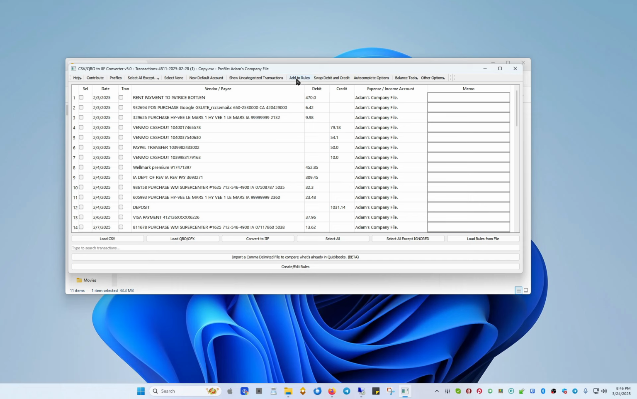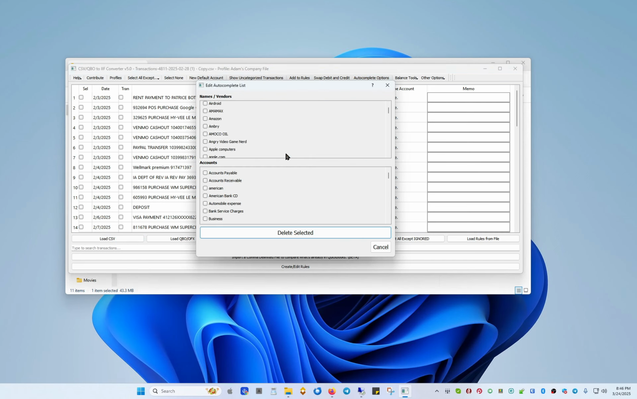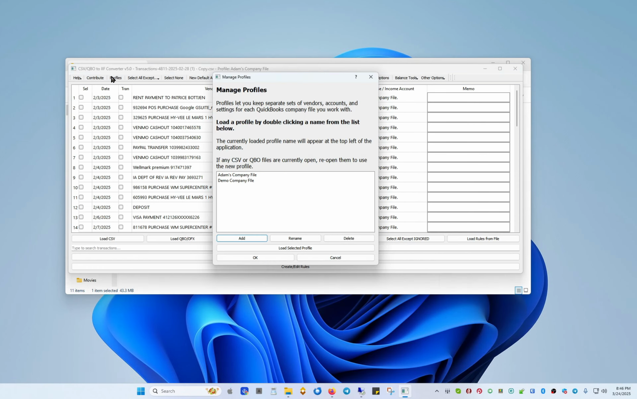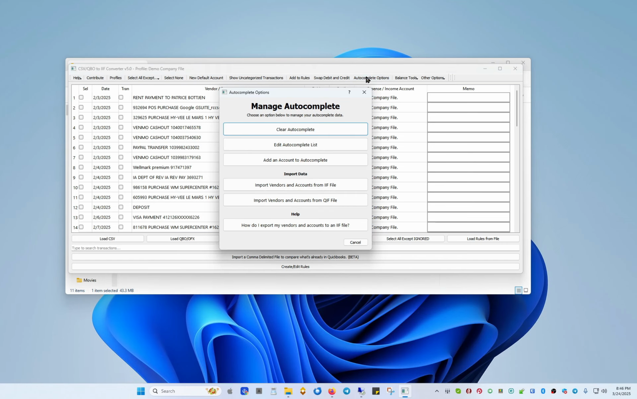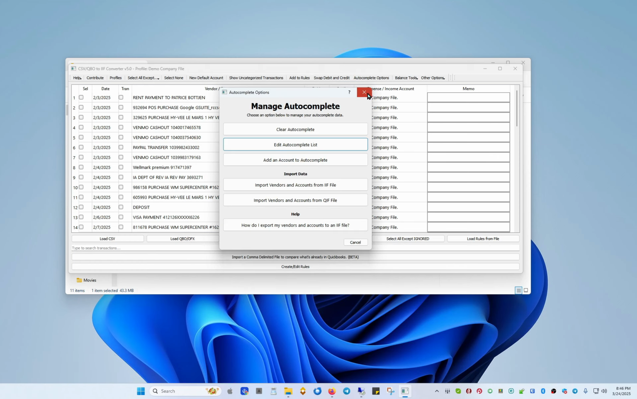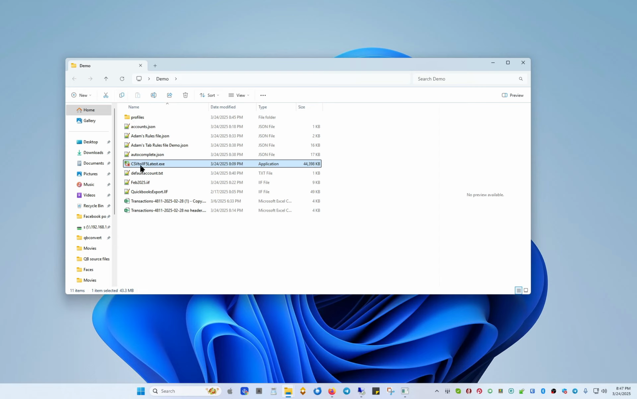And you can go up here to autocomplete options, edit autocomplete list. This is our list in Adam's profile. Now, obviously, our other profile was empty completely because we didn't import anything. So if we go there and go to the autocomplete list, it's empty. How cool is that? Now, what it does when you do that is in your folder where you have your